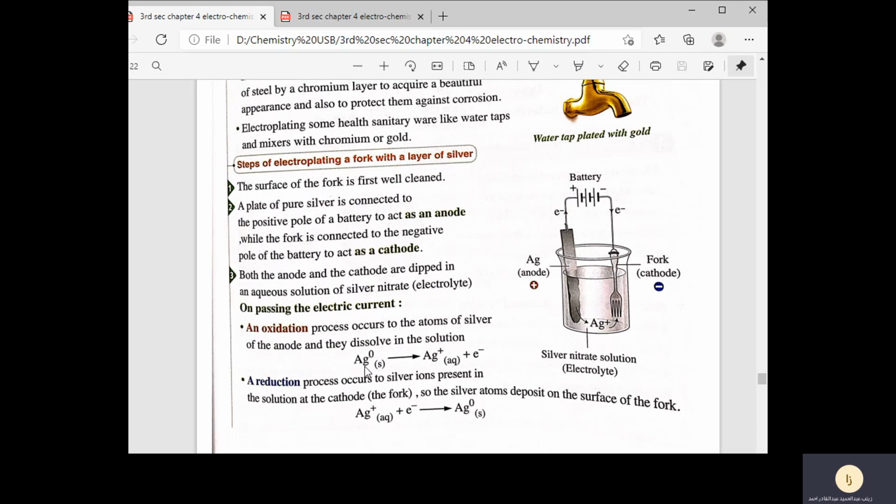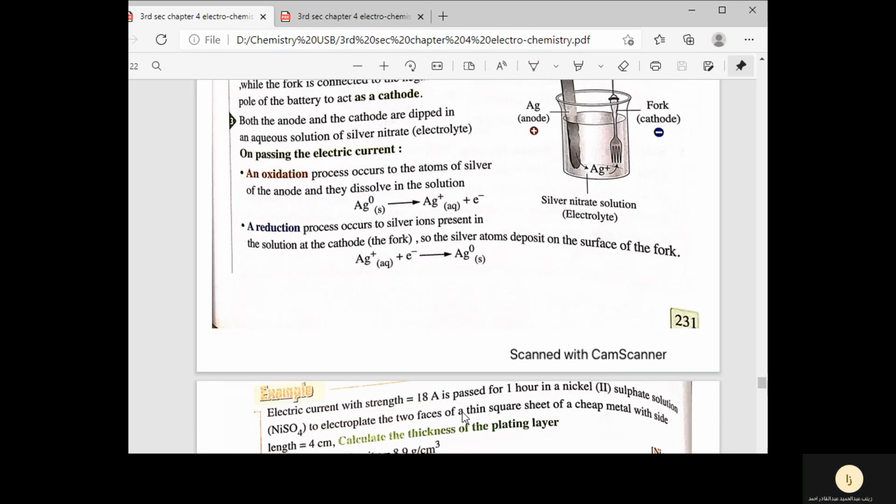Oxidation process will take place to the silver, so silver will be changed into silver positive ion and an electron. And this process is called oxidation, where there is loss of electron. After connecting the electric current, what will happen? The silver metal undergoes oxidation process and gives silver ion with one electron. The second step, reduction process takes place where the silver ion, which is found in the solution, will be attracted to the fork or deposit on the fork by taking one electron and changing into silver metal. بعد فترة من الوقت طبعا إن الفورك عليها طبقة